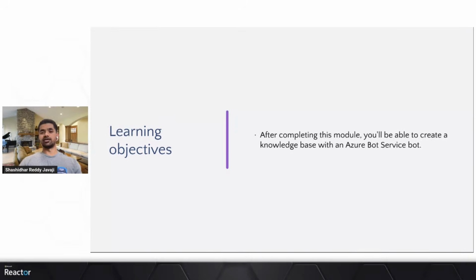We don't have any major prerequisites as such, like you need to know some language or something, so nothing much. Coming to the learning objective, what you get from this at the end of this session: you might be asking, okay, I attended this session, and what is it that I gain at the end of the session? So you'll be completing this module, which is called build a bot with the language service and Azure Bot Service,